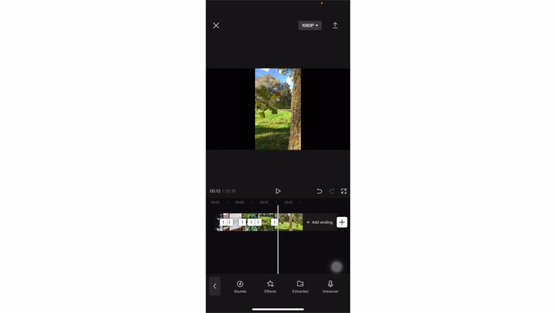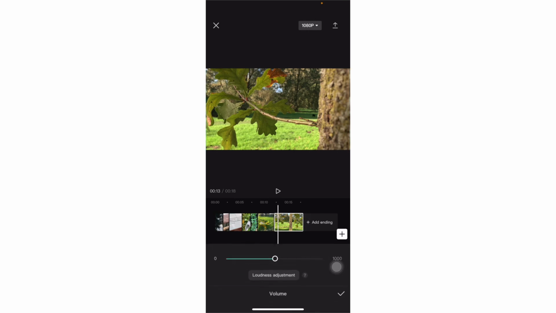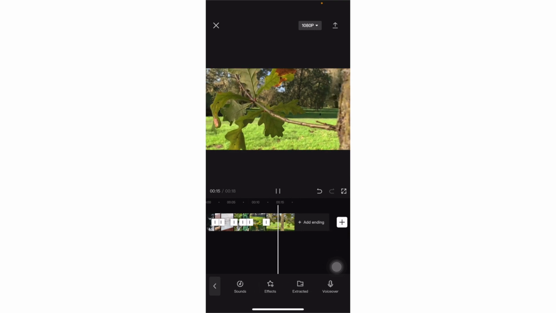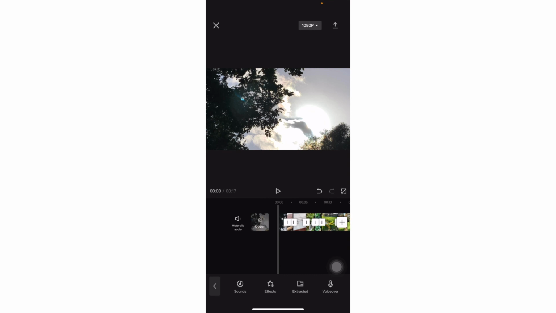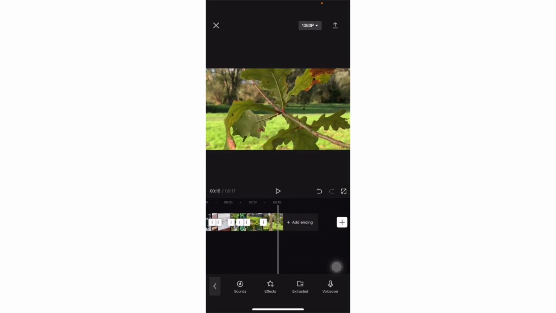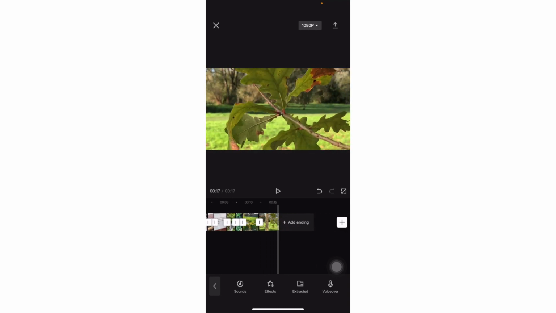Well, I can do the same thing again. So select, zoom in on the screen, and probably change the volume, because that's just a lot of wind. And maybe make it a bit shorter. So I've got a little video. It's actually 17 seconds. With some photos and some videos, but there's nothing being said.